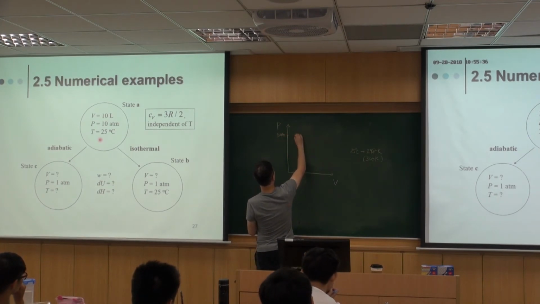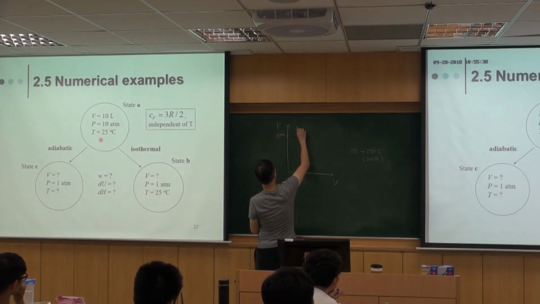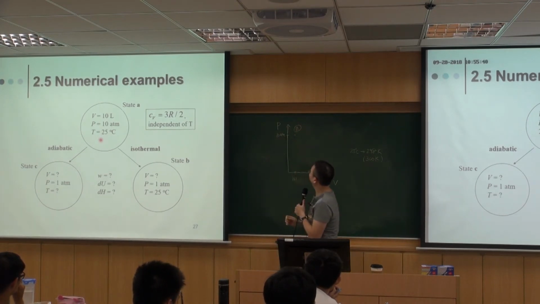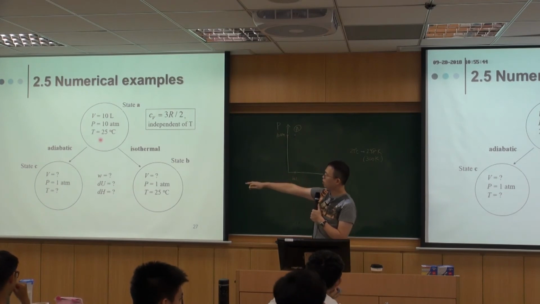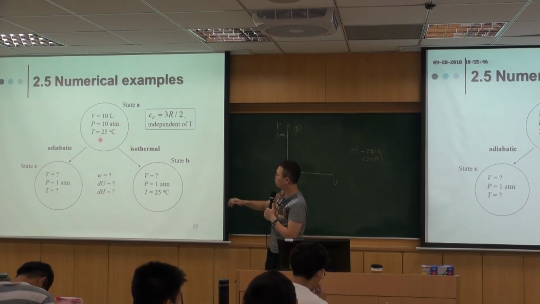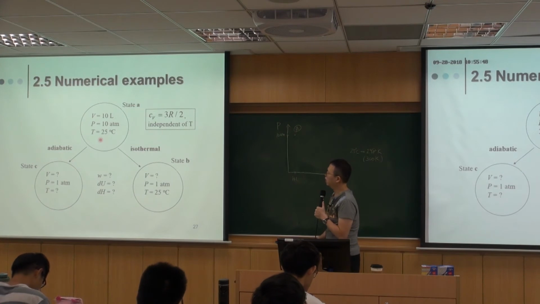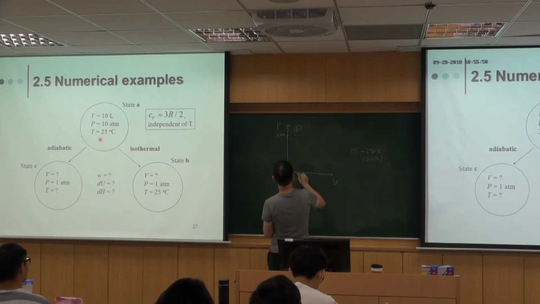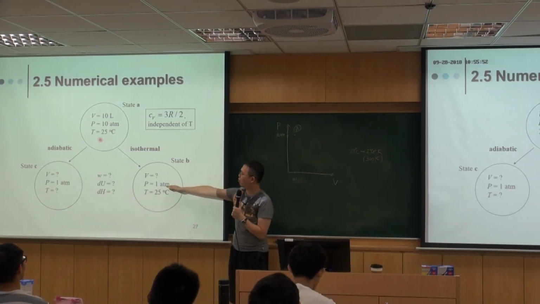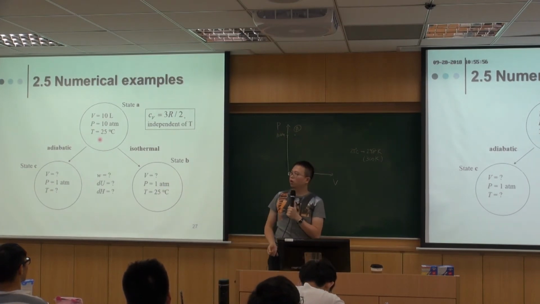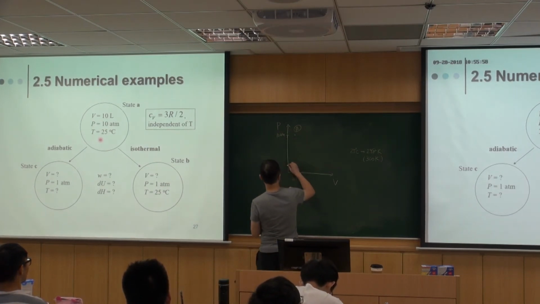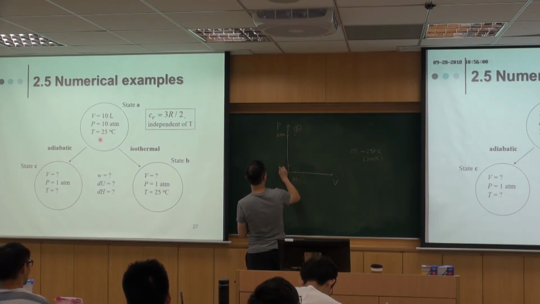So this point is our state A. For the isothermal process, we know that P times V is constant. So when the problem gives you the information that the pressure will go down to 1 atm, which is, let's say, here,